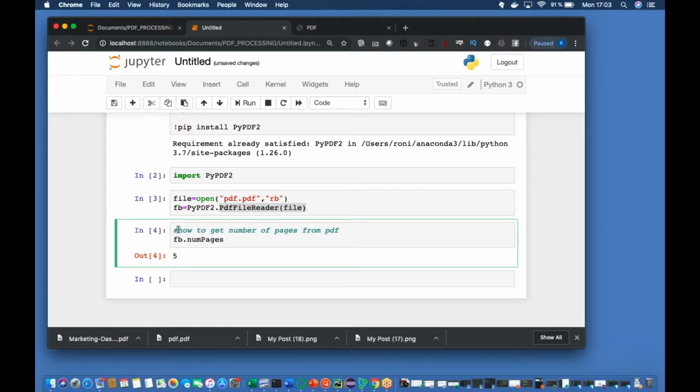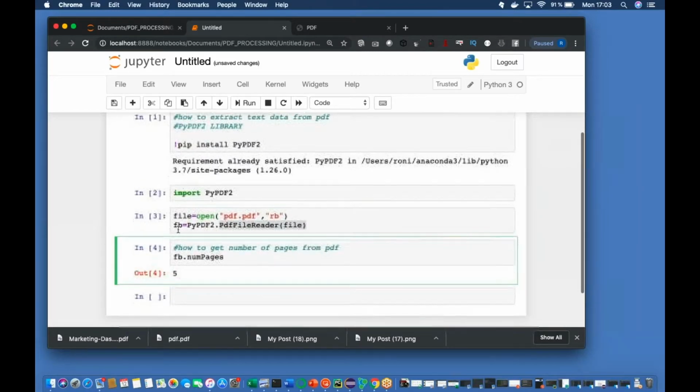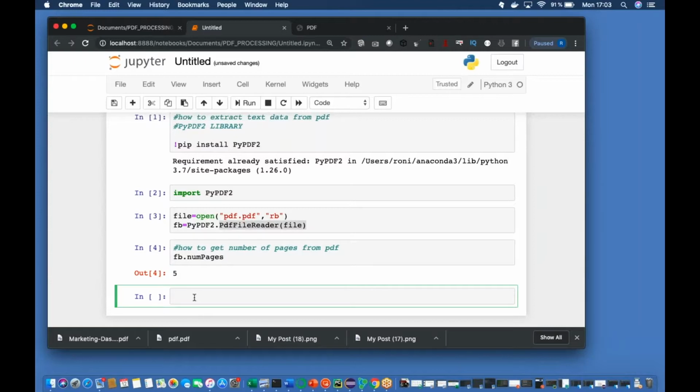So guys, in this video I'll be discussing how to extract text data, or how to extract data from a PDF. Okay, so next thing: let's say I want to see the text from the first page. So first means 0. Okay, so let's say x is equal to ap dot